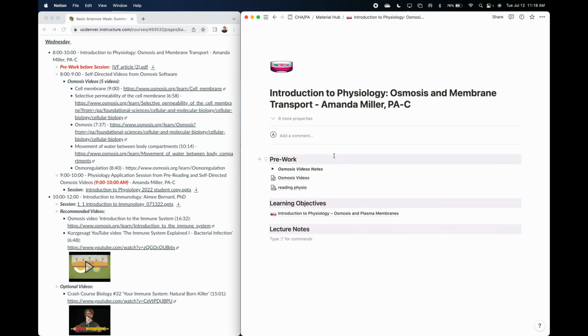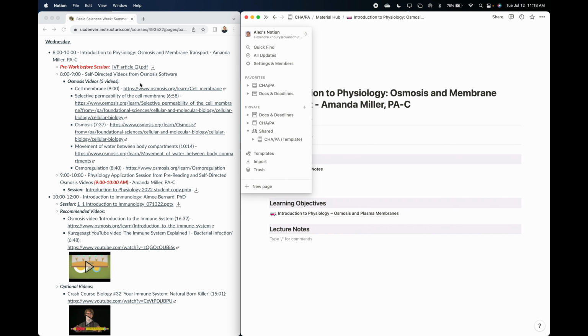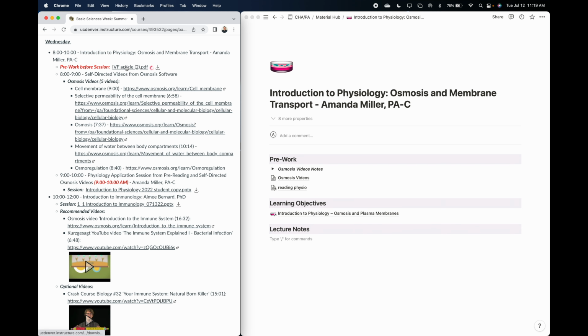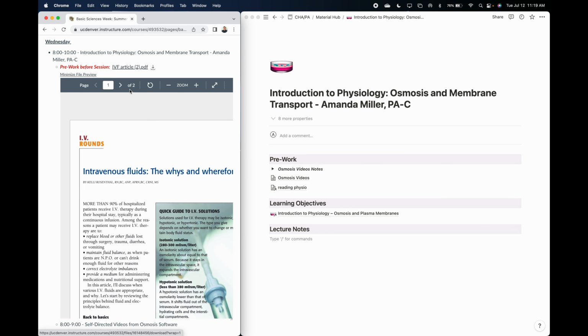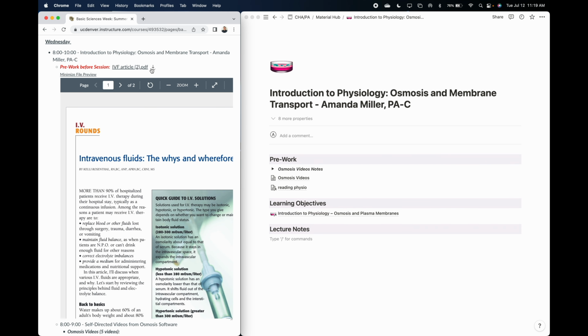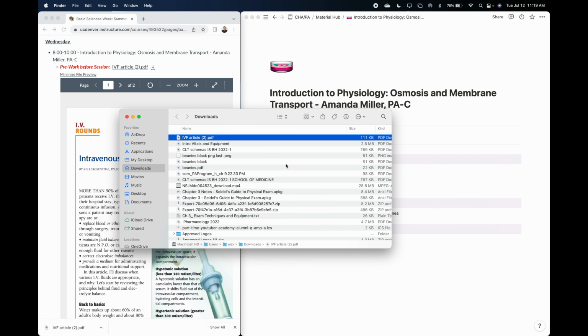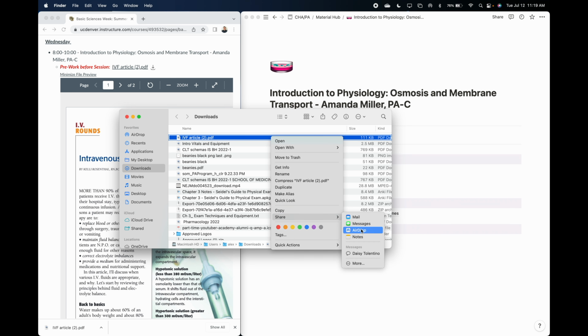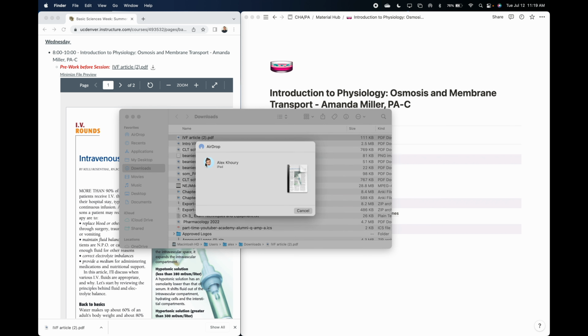One thing is for pre-work on Wednesday, we do have this IVF article that we're supposed to read, right? My workflow with this is I will actually go ahead and download this. I'll get it downloaded and then go show in Finder and send this to my iPad. I'll right click and share, go to AirDrop, and send it to my iPad right here